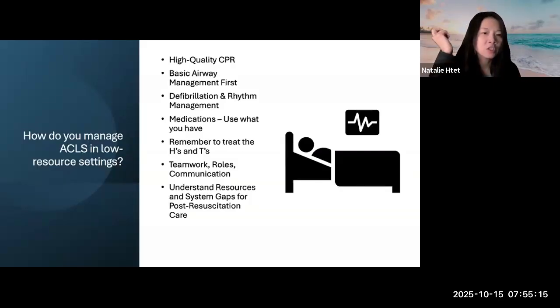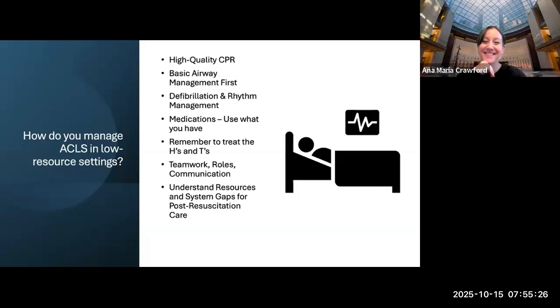Someone commented in the chat about tamponade. So H's and T's, those are some of the examples. And toxins is another one. Yeah, I think about toxins. Yeah. So if we treat those things early, I mean, I think in some settings I've seen that there's